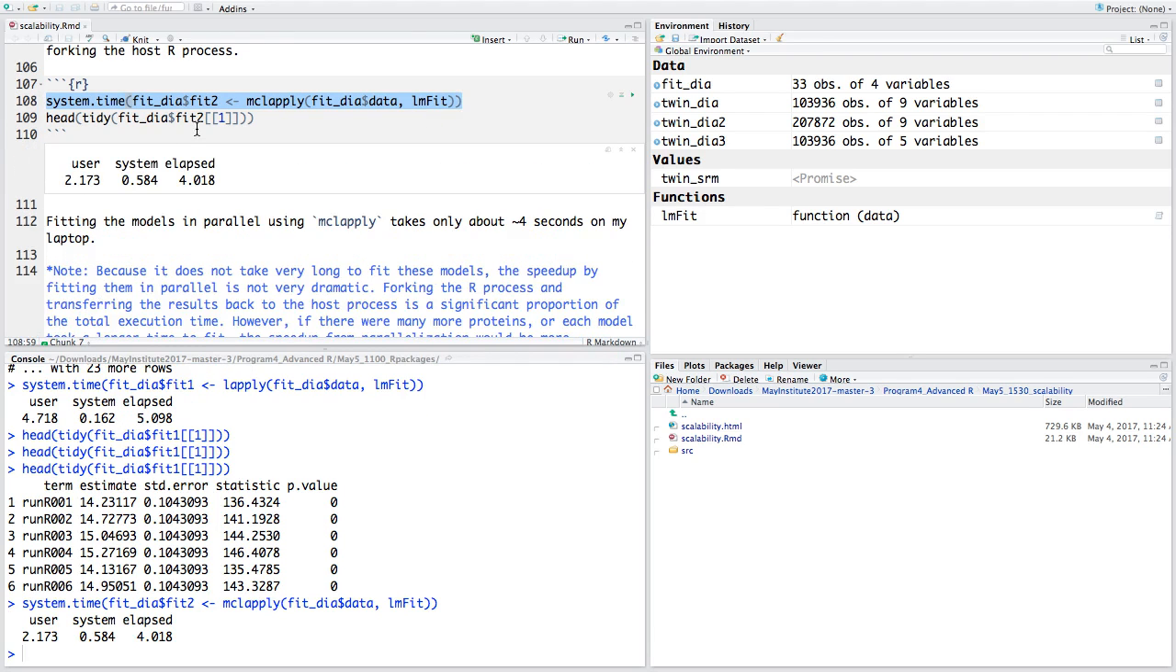So by running the linear model fitting on all of these proteins in parallel, we shaved off about a second from the runtime. So what mclapply is doing is, for each element of this list column in this data frame, basically for each subset of the data set, it's going to fit a model for each of those subsets